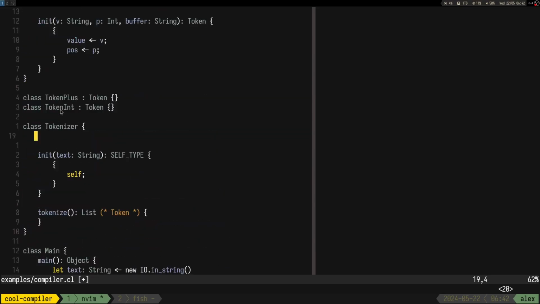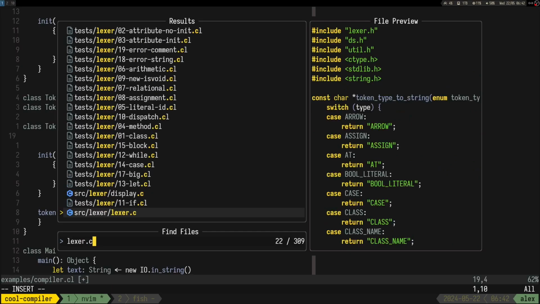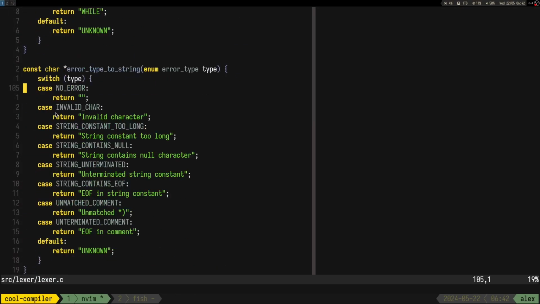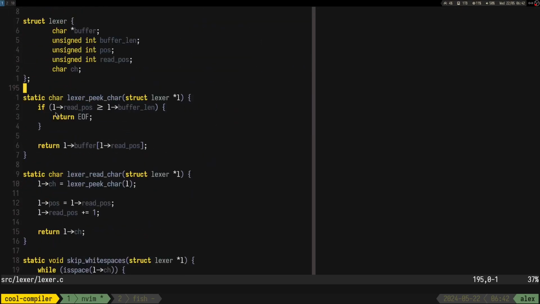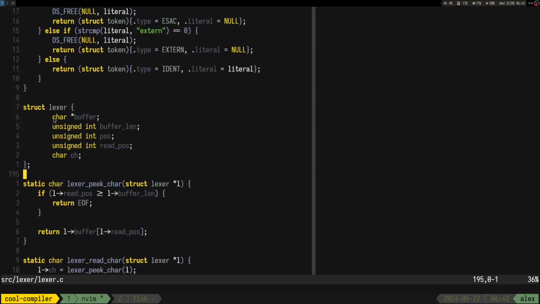Actually, it was in lexer.c. I guess the lexer is just the string, the lexer position, read position, and the character. So I guess, you know, we could add these as well in our lexer.